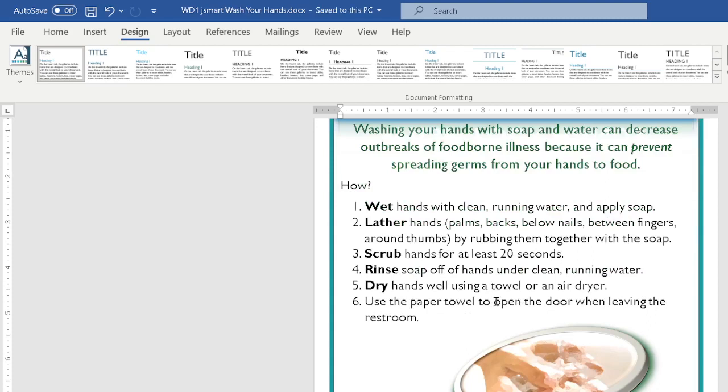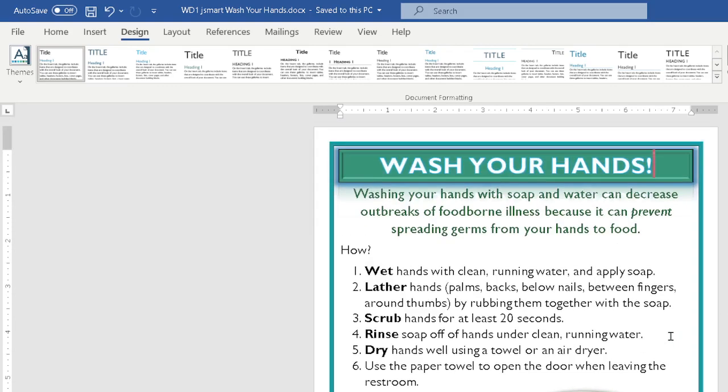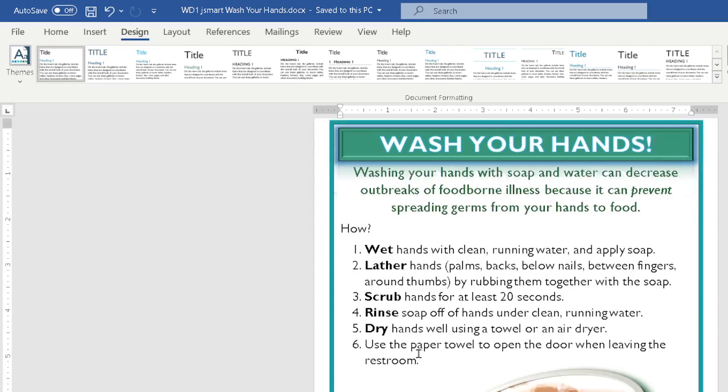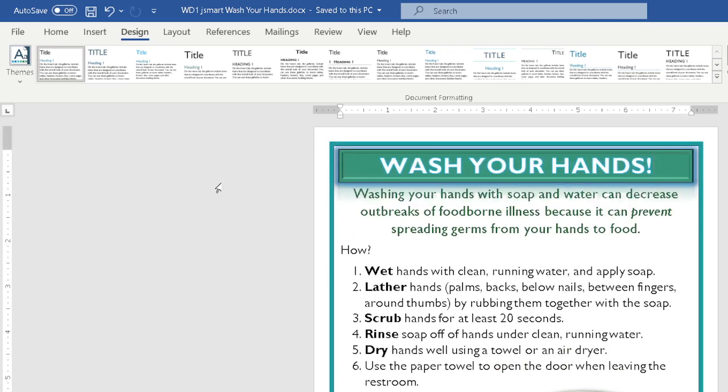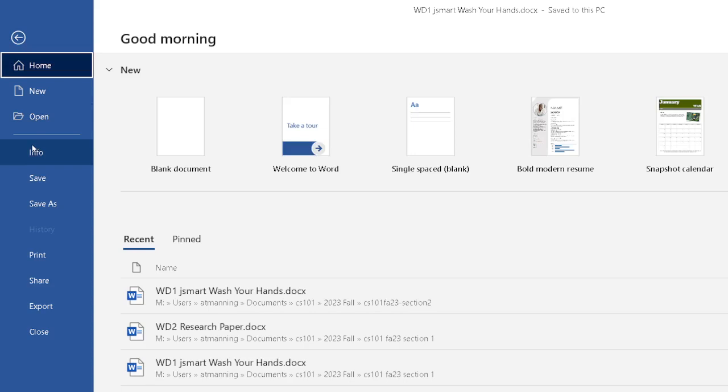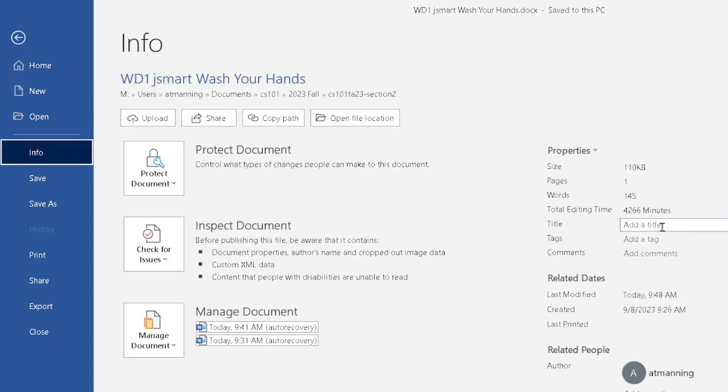And one thing I want to show you before we get ready to upload, we want to save our name somewhere in this document. Now I could type my name here in the text, or I could save my name in the document properties. Let me show you where that goes. File, Info. I can actually put my name in the comments. Put my email. I'm going to put title here, hand washing basics. I could put a tag of hygiene,